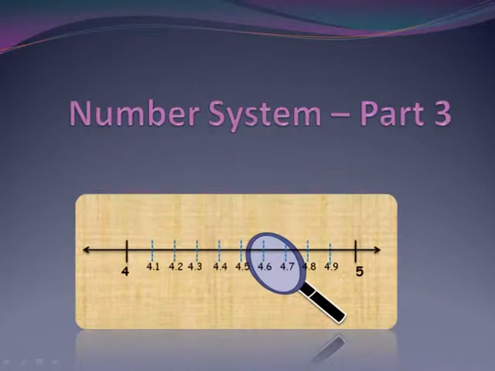So till now we have studied about natural numbers, whole numbers, integers, rational numbers and irrational numbers. For most of the time in this lecture we are going to study about the decimal representation of real numbers and how on the basis of their decimal representation they are classified into rational numbers and irrational numbers. Further, we are also going to look at the method to represent any real number on the number line. So without wasting any time, let's begin.